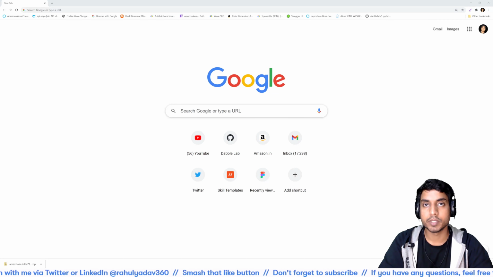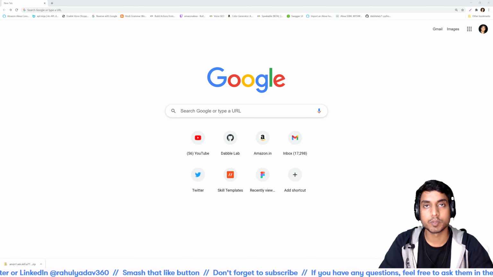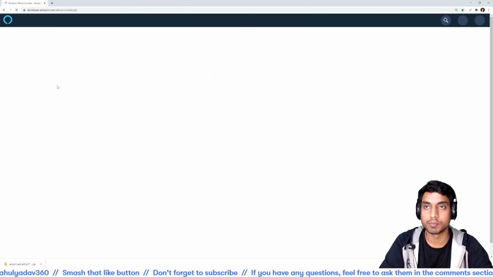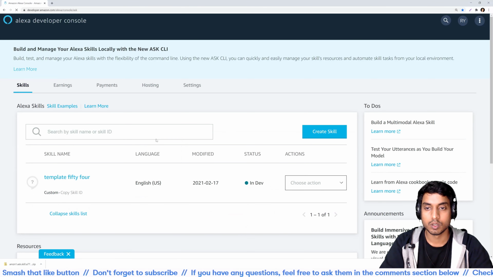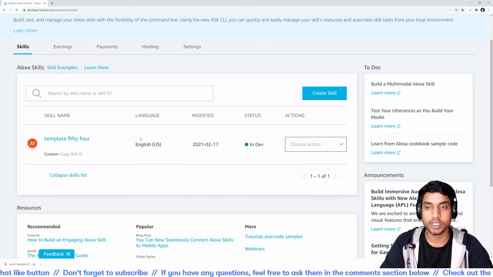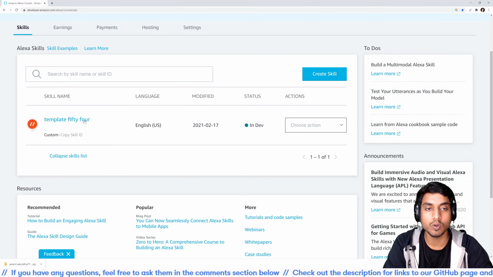So the first step is to download the code from our Alexa developer console. Let me go ahead and open my Alexa developer console. Once you have done that, you need to identify the skill that you want to replicate, and in our case, this is the code that I want to replicate, which is called template 54.